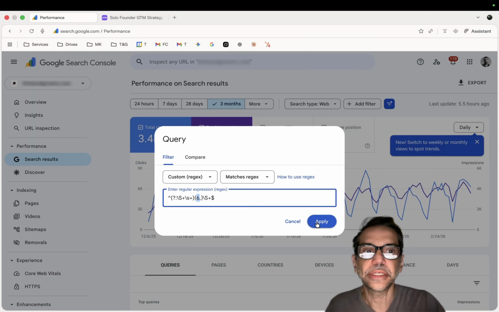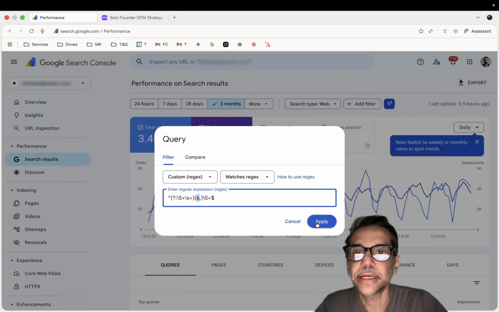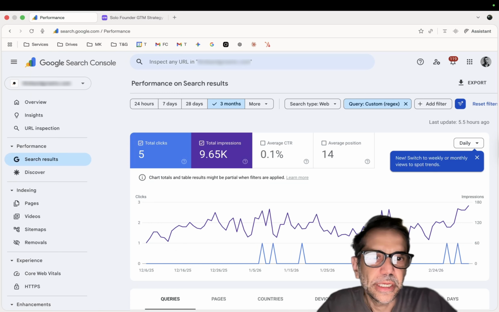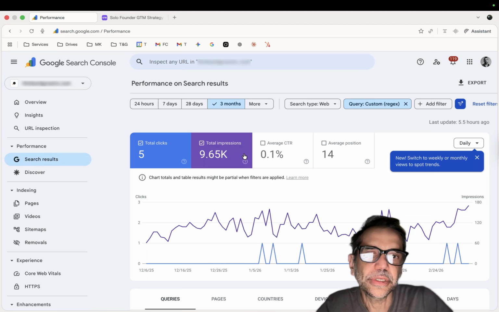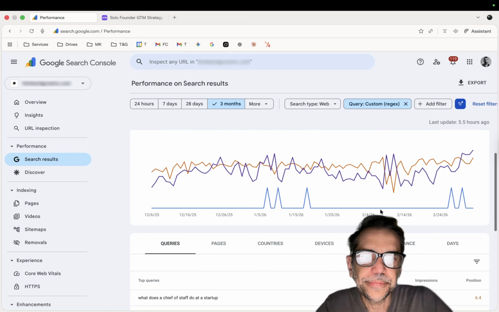Why this matters is that in Google, or in large language models like ChatGPT, people are actually searching for longer tails, meaning questions essentially. So apply this. Now we've got the clicks showing people coming to our website, how many impressions have been generated, and our average position. So if I go down here, you can see